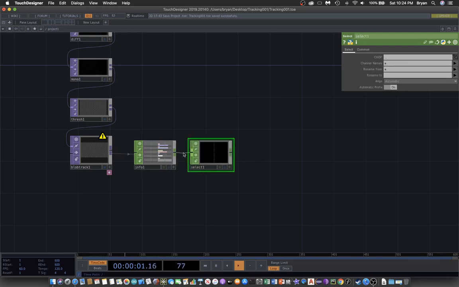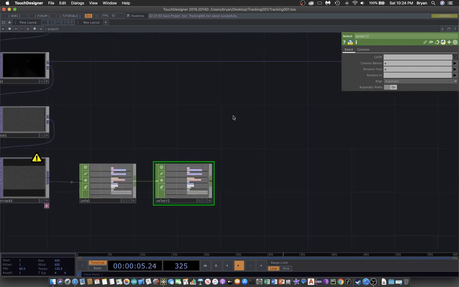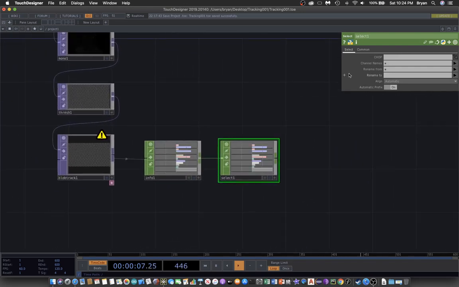So we connect this one over here, and in the parameter for this select chop, we only select those with the name BLOB0. BLOB indicates a small region of area that we are interested in, and then we put a star, asterisk, here, which usually refers to something like a wildcard. And when we press enter,